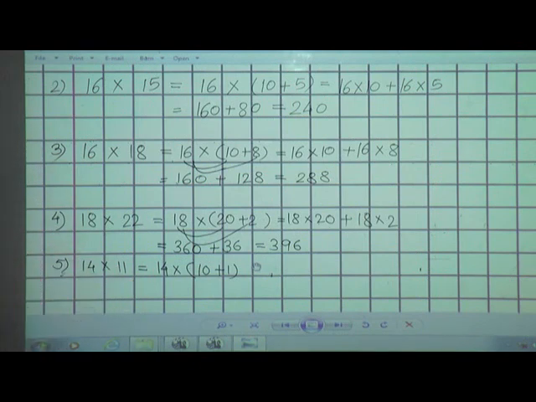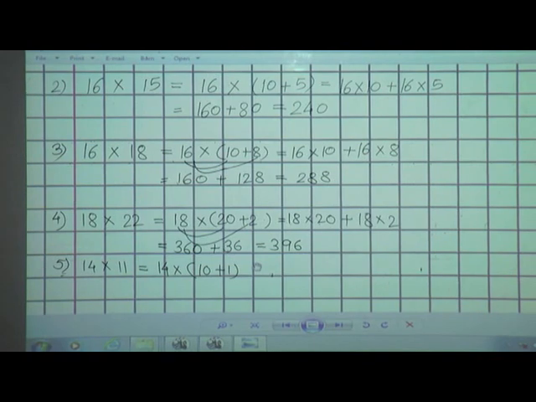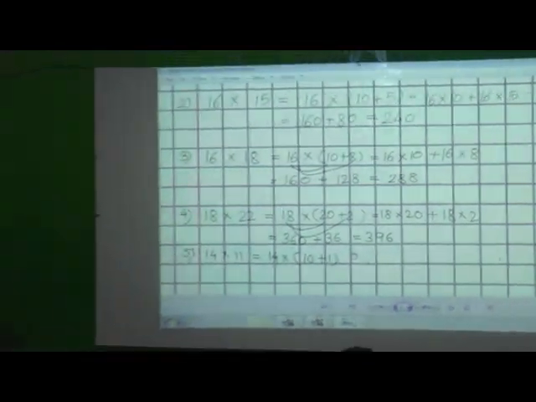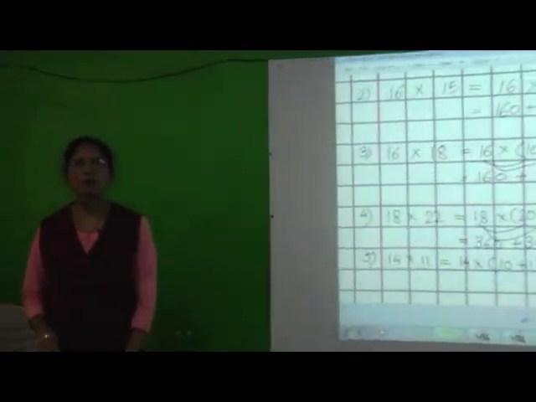Okay. So in this way, today we have seen the distributive property of multiplication over addition, and then afterwards we have completed our exercise 5.7. Only one example is remaining, that is the fifth number. Already I have explained that also, but you have to solve that example on your own. So in this way today we have completed our exercise 5.7.